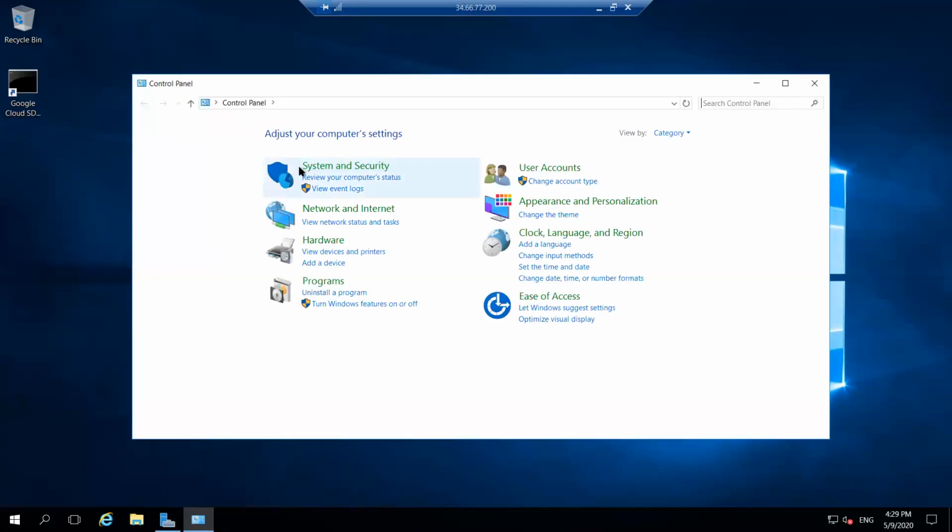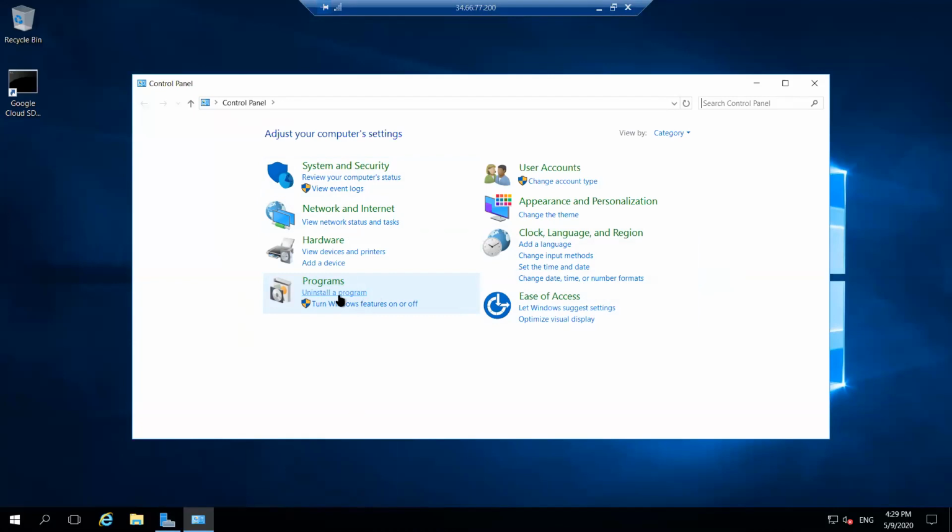Then there are so many options: system and security, network and internet, user accounts, appearance and personalization, clock, language, region, ease of access, and programs. The programs are basically where we would uninstall something.